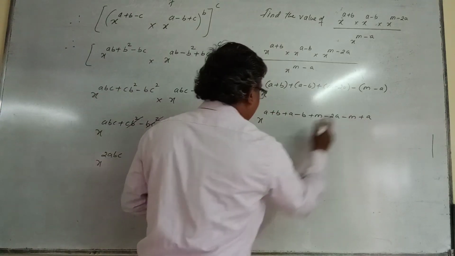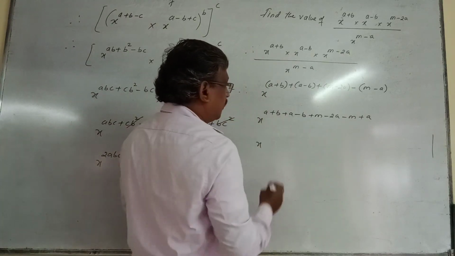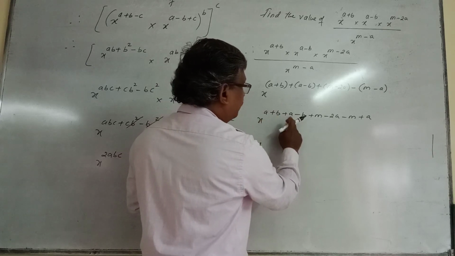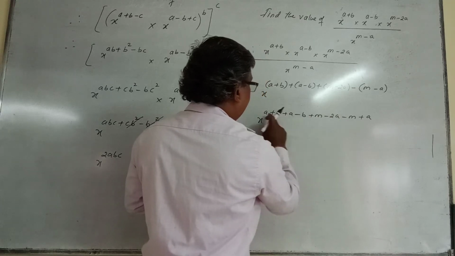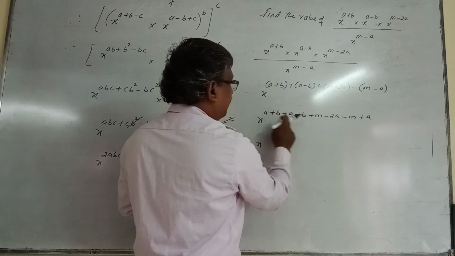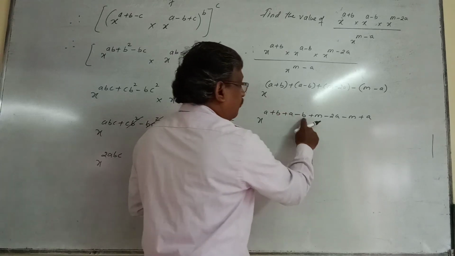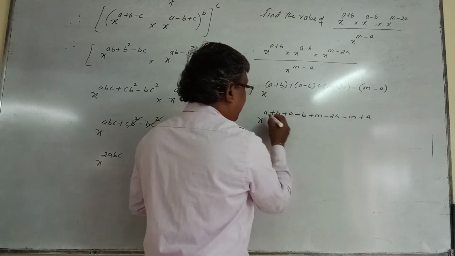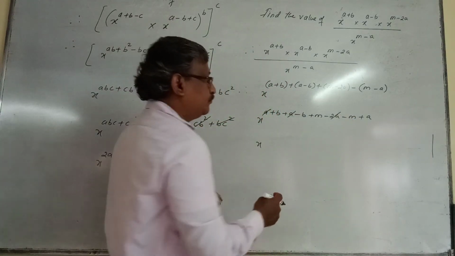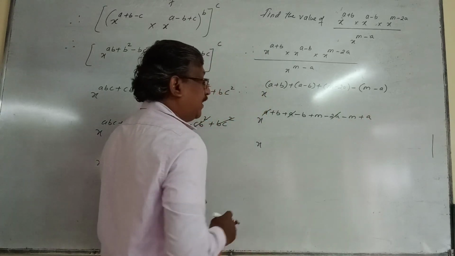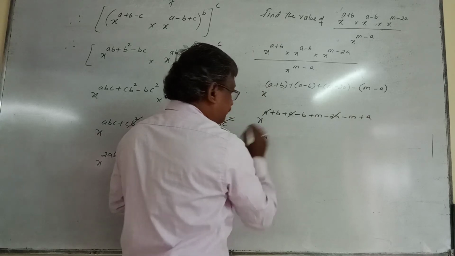So now you simplify this. So it is x raised to. Now first you solve a. Here there is a, here also there is a, and here also there is a, right? Means these a we can solve. So this is plus a, this is plus a, plus a, how much is it? Plus 2a. Plus 2a minus 2a get cancelled. Remains only a here, right?